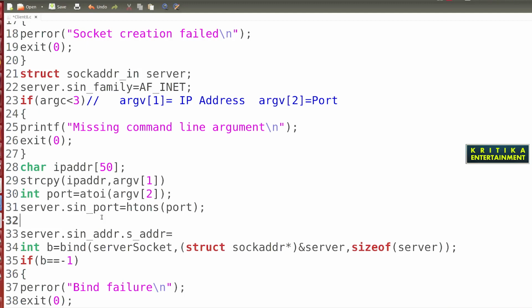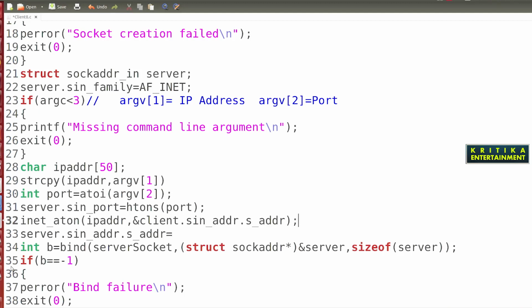So there is another function you can write, inet_aton, ASCII to network type. What to write here? You will write ip_addr, then ampersand, then client.sin_addr.s_addr.